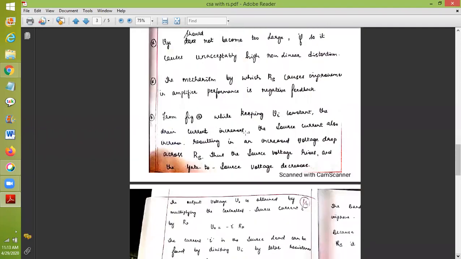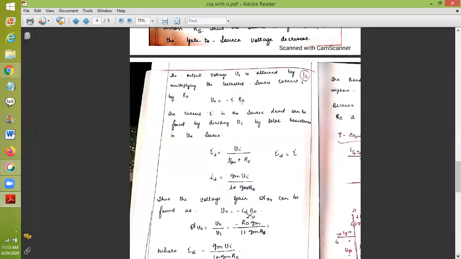That is the current. So what we are doing? V0 is equal to I into RD. So what is the value of this I? I is nothing but your ID or I of S, because I of D is equal to I according to KCL. The incoming current there was I, and the other incoming current was 0. 0 plus I is I. The outgoing current was I of S or ID. Since they both are the same, we can represent it as ID equal to I. So how to find ID? It is VI divided by 1 by Gm plus Rs. So if you take LCM here, this Gm